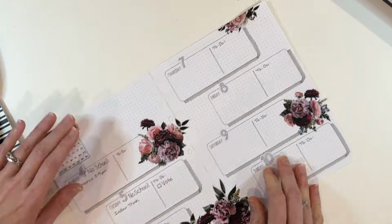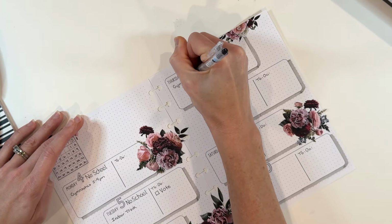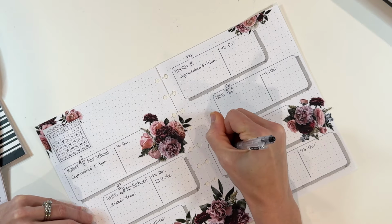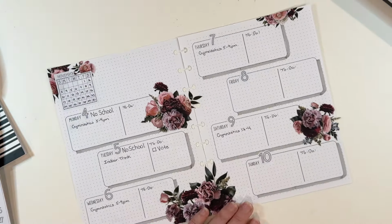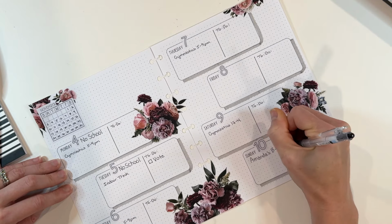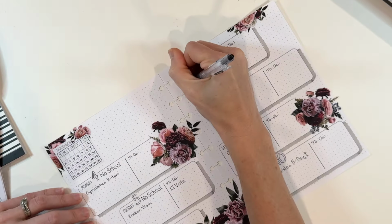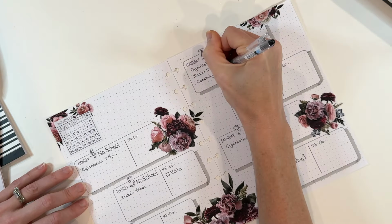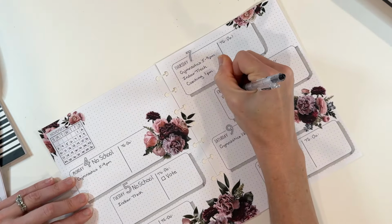This is actually kind of a funky week because it's in between seasons for a couple of my kiddos who are wrapping up outdoor track and baseball. So it's not quite as busy of a week as it normally is. This is me just trying to fill in things, making sure that I have everything down. And I think it's going to work out pretty well because I still have room to add if necessary,